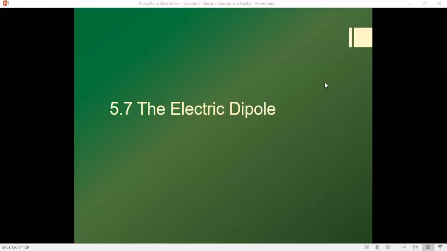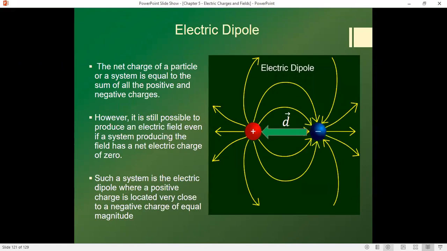Now, the electric dipole is interesting because its net charge is 0, but yet it has an electric field associated with it. With a dipole, we can define some vector d, which represents the effective dipole of the two charges. We call this the dipole moment, where it becomes stronger as the positive charge and negative charge separate, and as